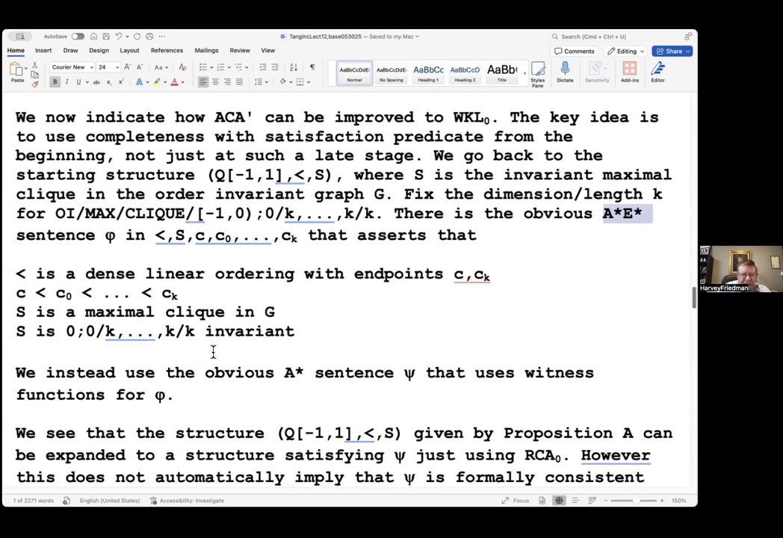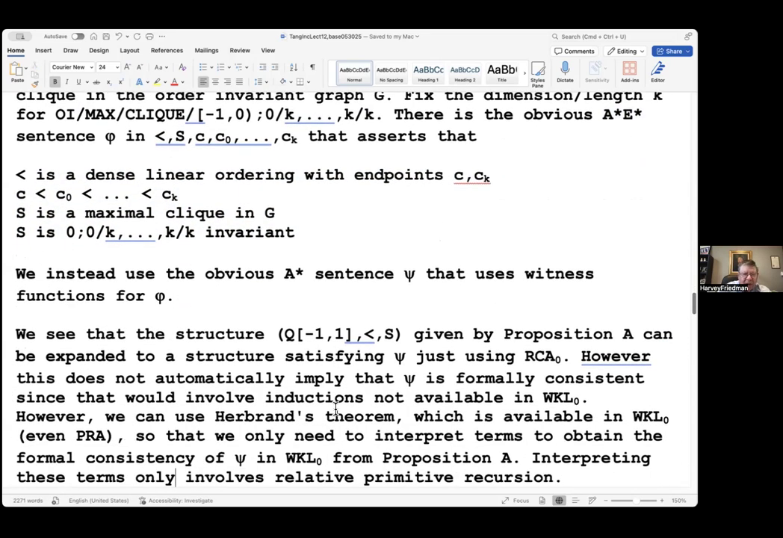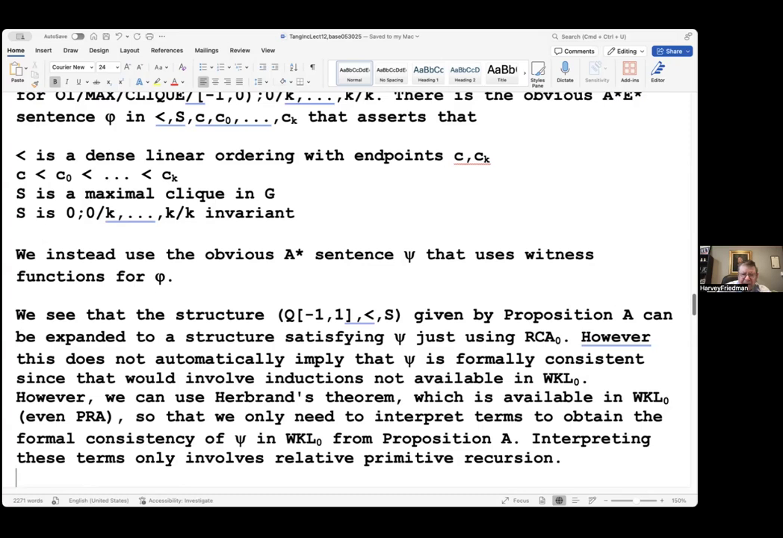And we just use witness functions. In other words, we add function symbols to produce the existential quantifiers. So that's what we want to do. We want to have this theory where it's universalized. And we see the structure Q minus 1, 1 less than S given by,